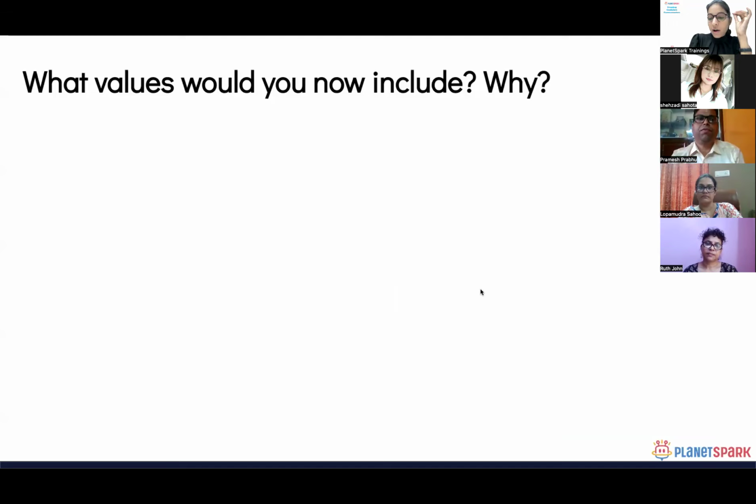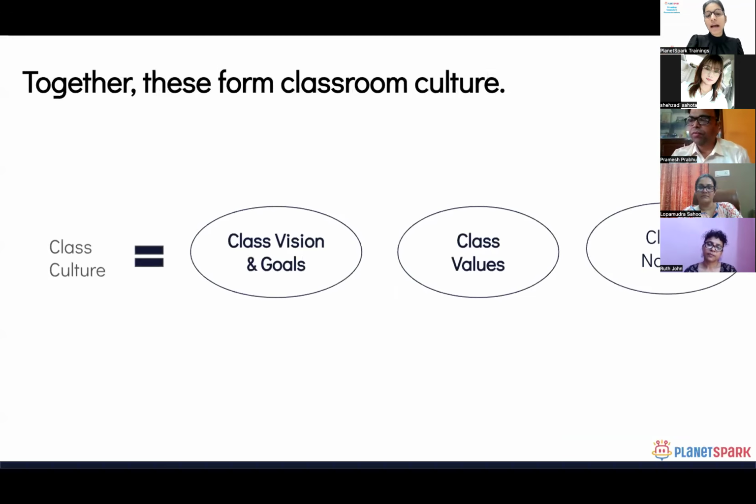All right. And now, next question. So everything has to be aligned. And you all know about alignment, right? We have discussed it in assessment, lesson methods, everywhere. So now the next question that follows: if we go back, we have discussed our classroom vision and goals.